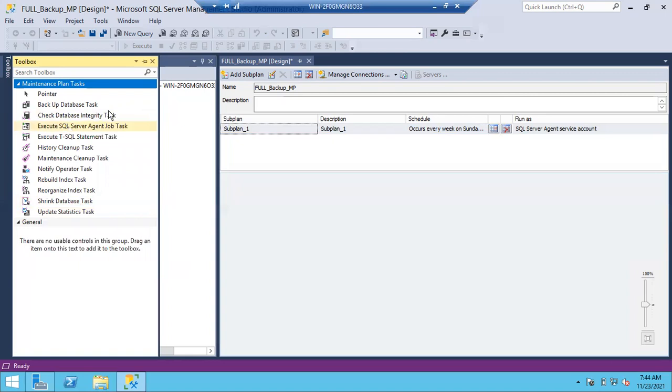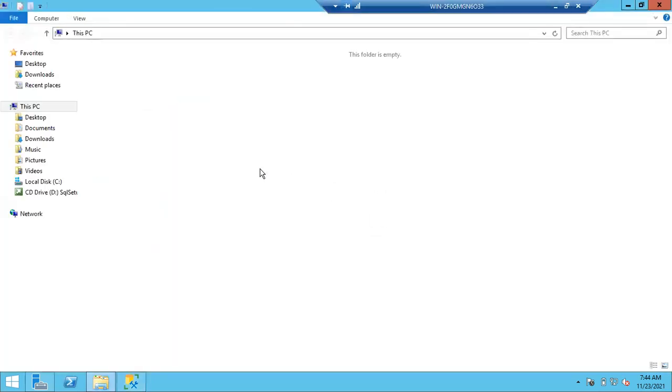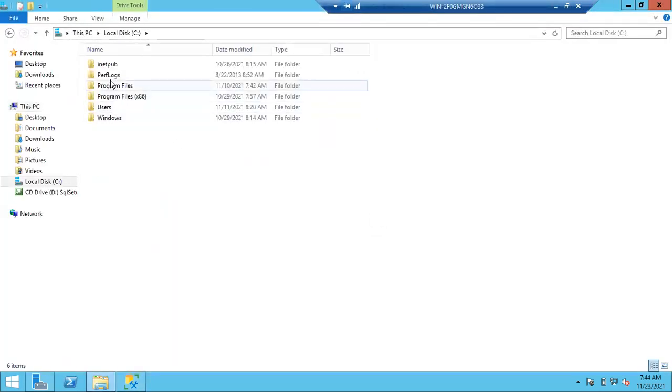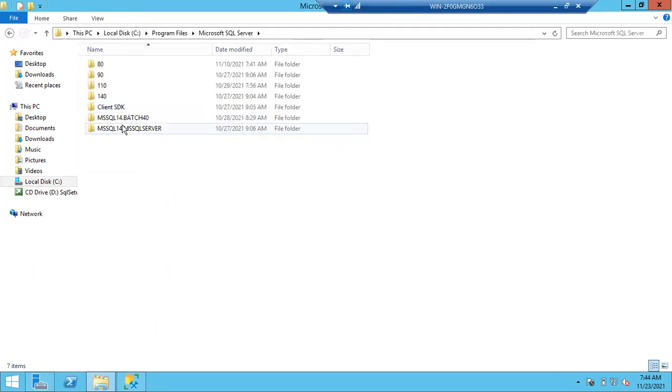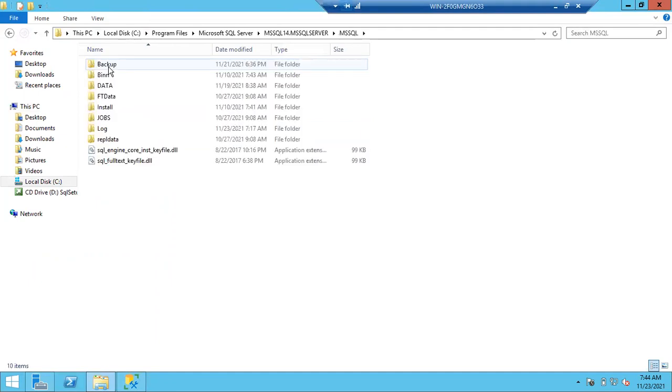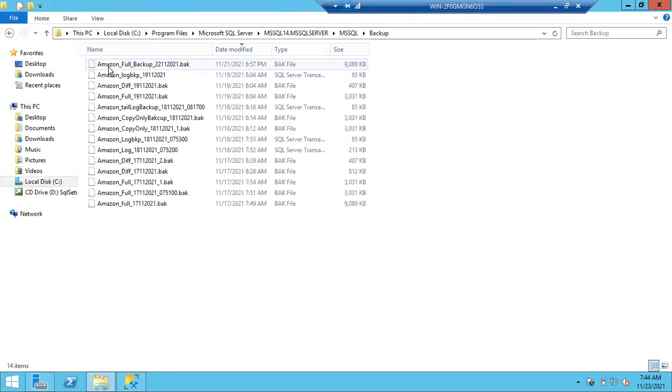So what is the issue with the existing job? You created a full backup job, that's fine, that's running perfectly. It is taking the backups with the date and timestamp. Very good, excellent. There is a challenge with that. Can anyone guess what the challenge is? Backups are running perfectly daily, no issues with your backup job, but there is a challenge with it. What is that?